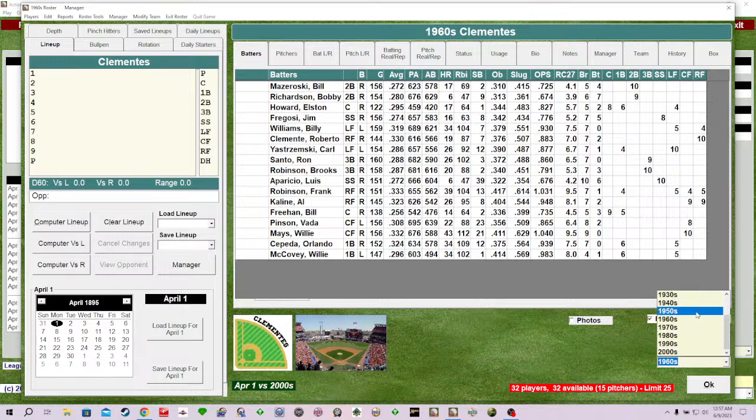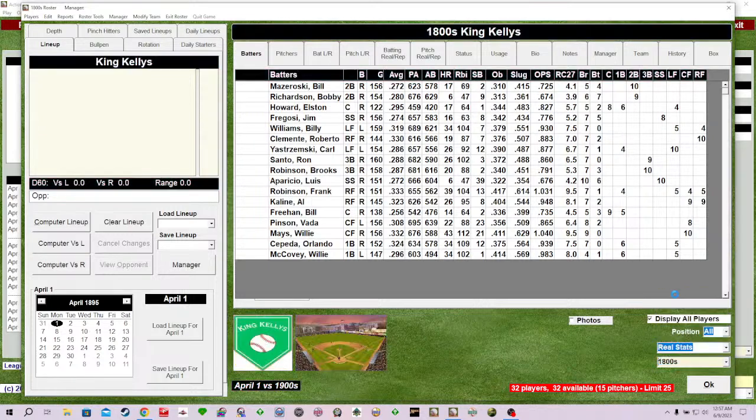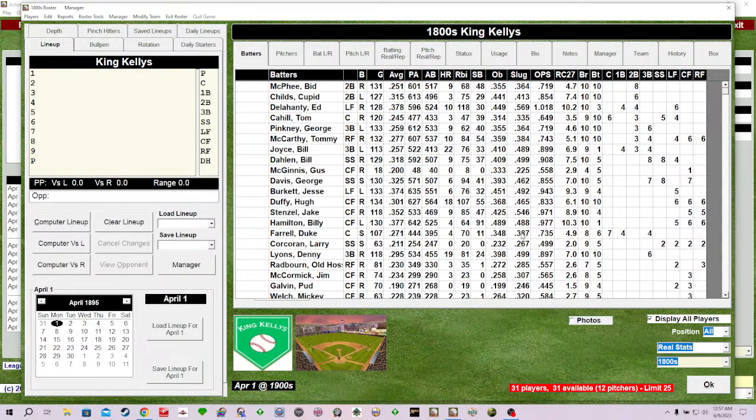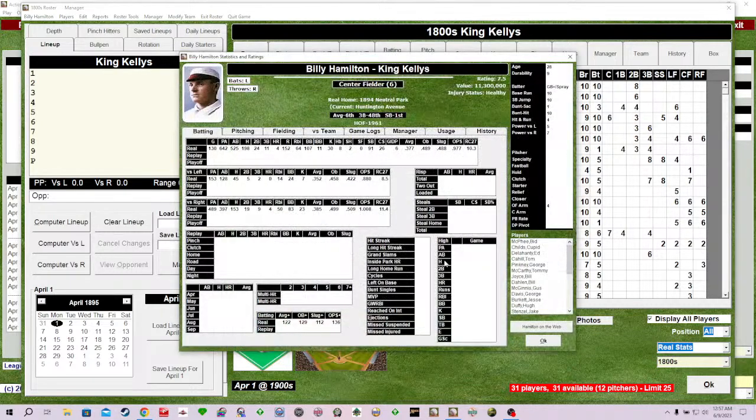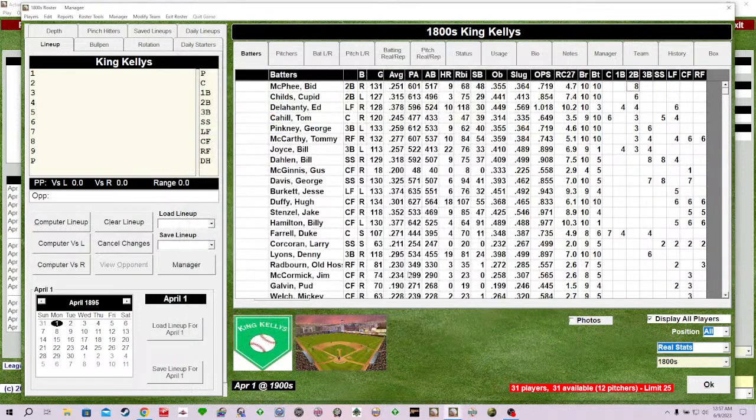But Cousin Ken says that he's going to manage the King Kellys. So he's got, of course, Old Hoss Radbourn in there. Make sure, does it have the right Billy Hamilton this time? It does. I think it does. There it is. We got the correct Billy Hamilton, so we're on our way. Bid McPhee, Cupid Childs, Ed Delahanty, Tom Brown, Tom Cahill, George Pinckney.